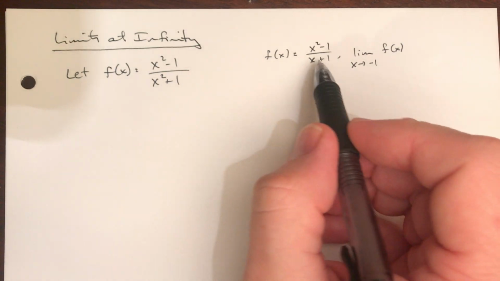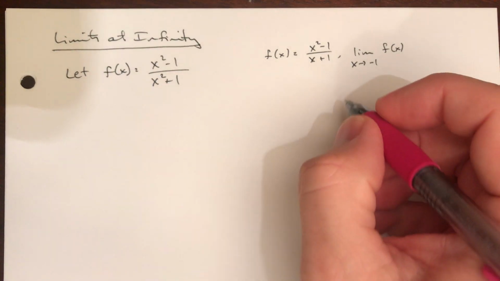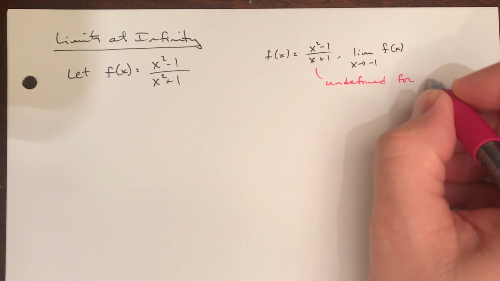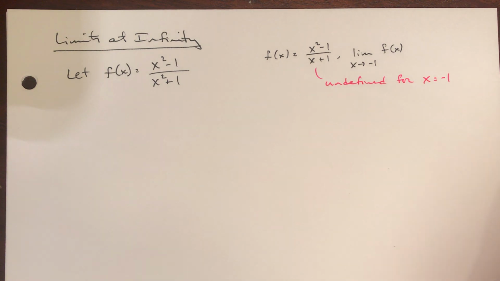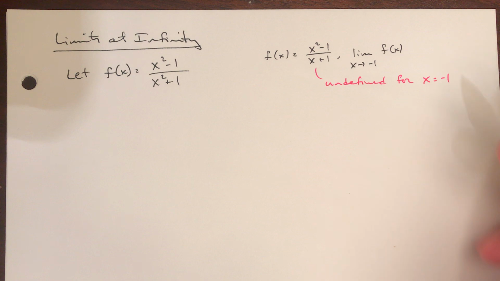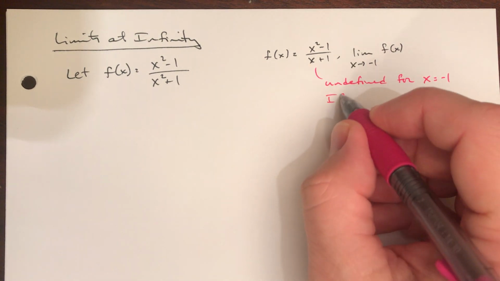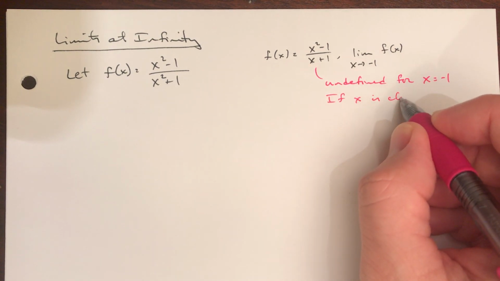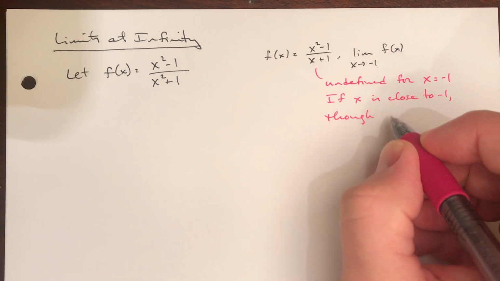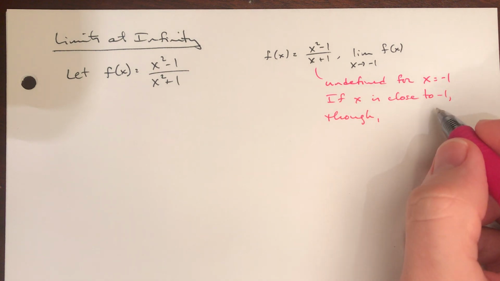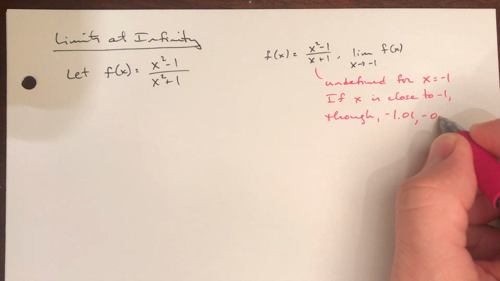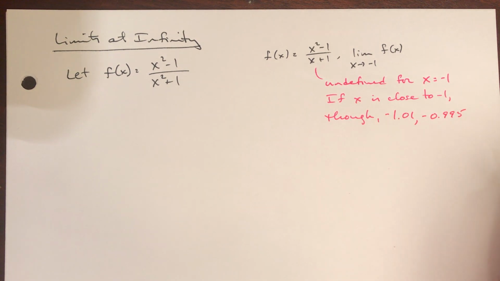That is, our function is undefined for x equals negative 1, but that doesn't mean that the function is doing something crazy when x is close to negative 1. If x is close to negative 1, so negative 1.01, negative 0.995, for instance,